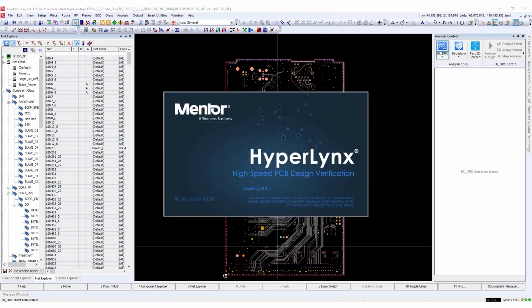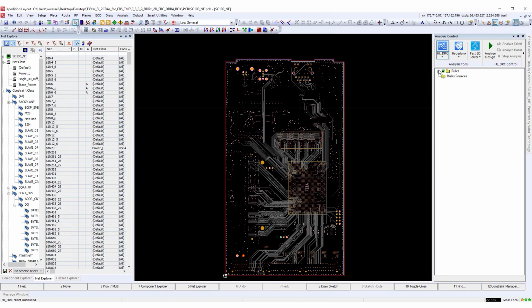Out of 63 design rules, the SI/PI expert Rory has defined the most applicable checks for us to run. These checks can go far beyond the limited scope of the built-in DRC in Xpedition. The main advantage for me is that I do not need to learn a new GUI and that issues can be fixed directly. For our design, we need to consider rules to check the board for EMC, PI and SI